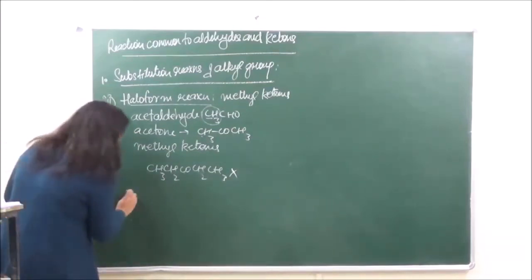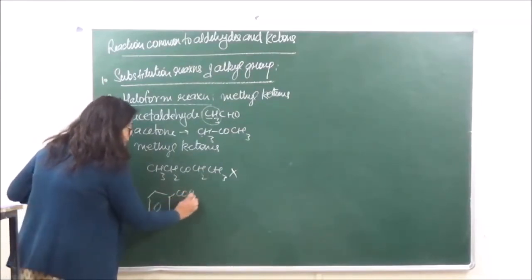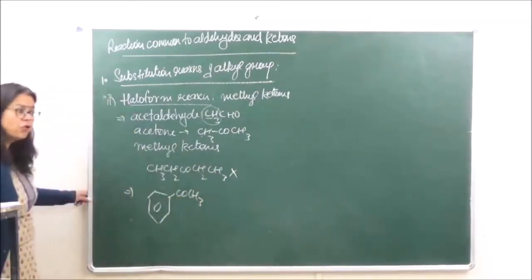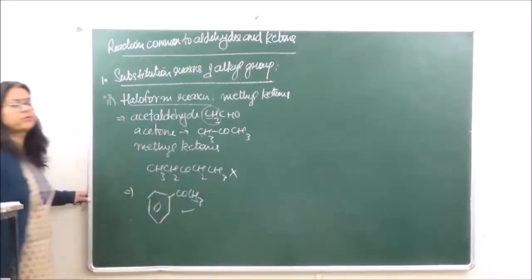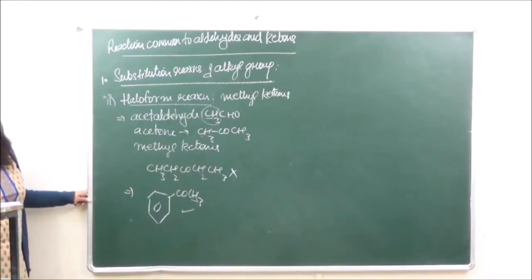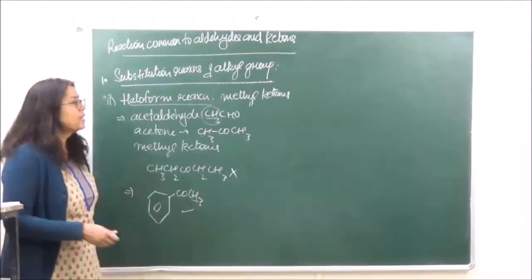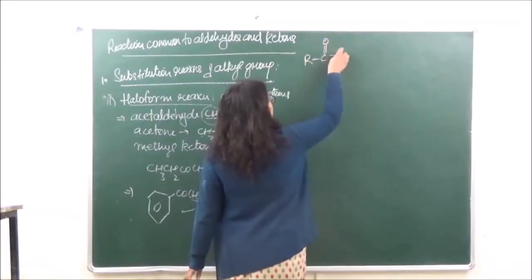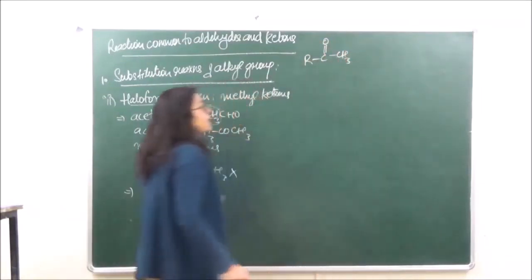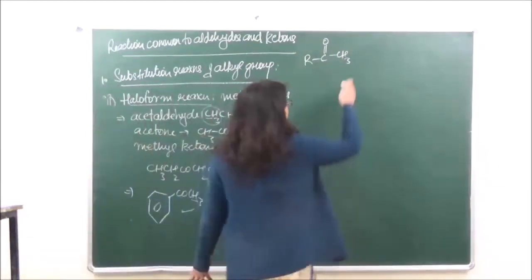So for that matter, if we take acetophenone, here also one CH3 group is present with CO. This is also going to give this test. Understood? So this is a criterion for the haloform test which you need to remember. And this is a very common question which we get. So let's go on to the reaction. We are taking over here a methyl ketone, right? This is going to react with a halogen.